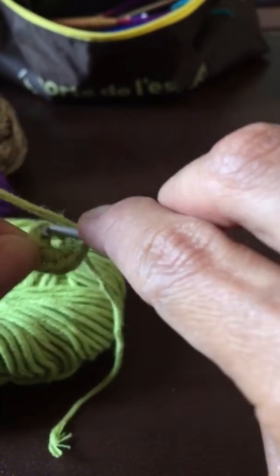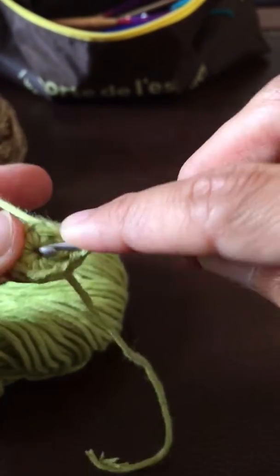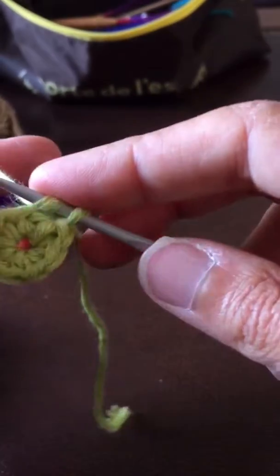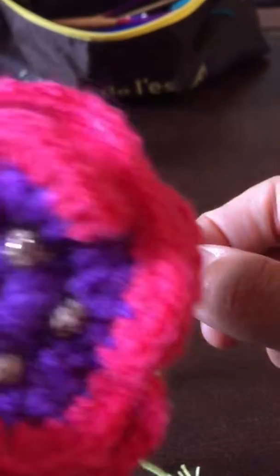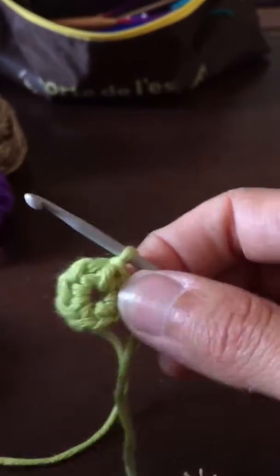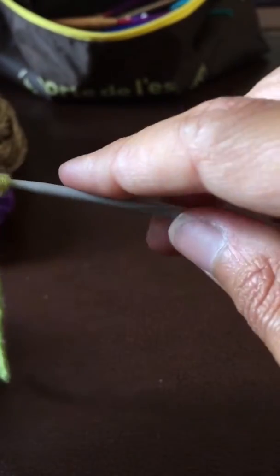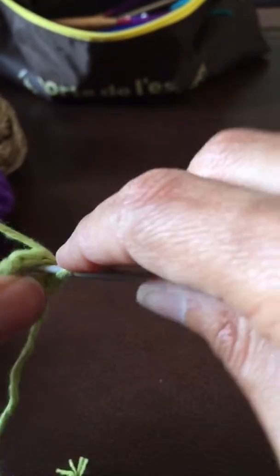Find the first one. It's not important to count your stitches here because we're gonna go into the center and do 15 single crochets now. That is because I want the center to be very fat. Like you see how this is? It's very thick. So I'll go inside and do 1, sorry, it doesn't look good. So I'll go in and do 1,